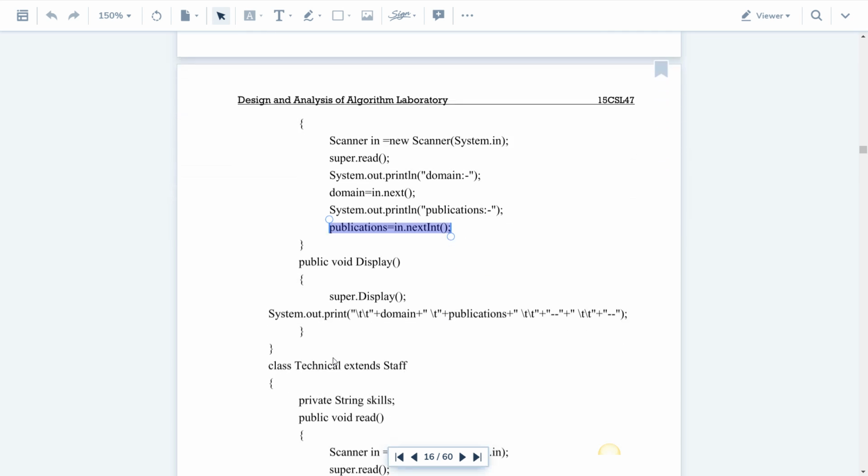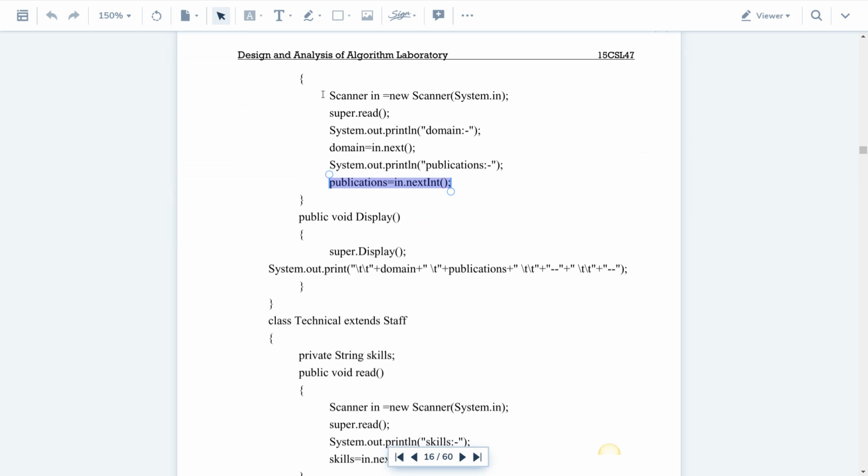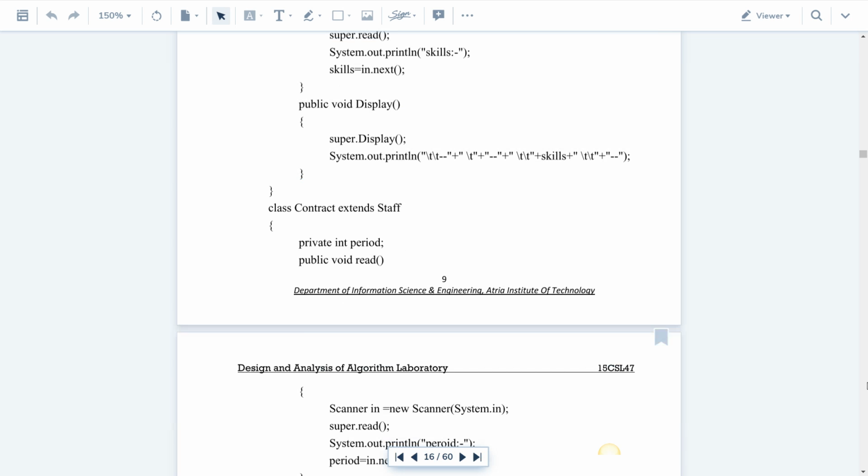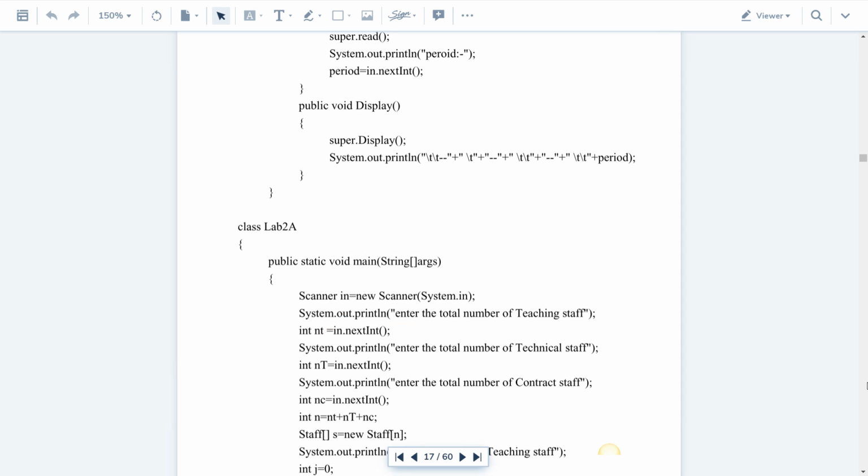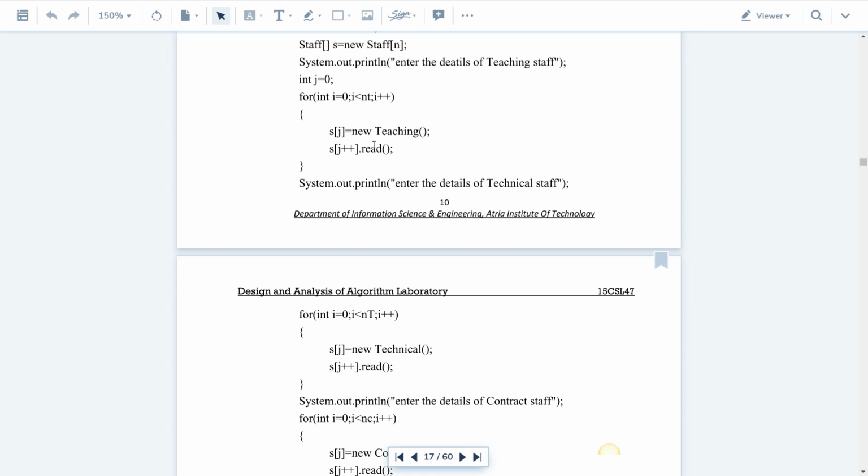Once the read method block gets executed, it will execute the next instruction of the main class. Where is that? After the read method. This will keep on incrementing because of j plus plus, right? So j is 0, 1, 2, 3, like that. Initially j is equal to 0, then j is equal to 1, it gets incremented. After this, system dot out dot println.